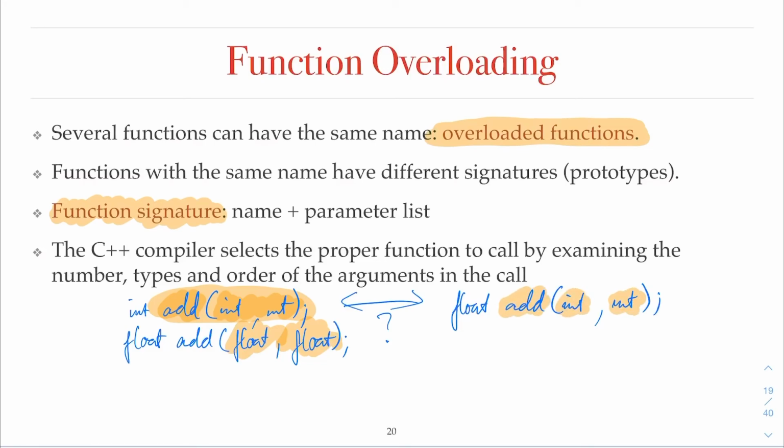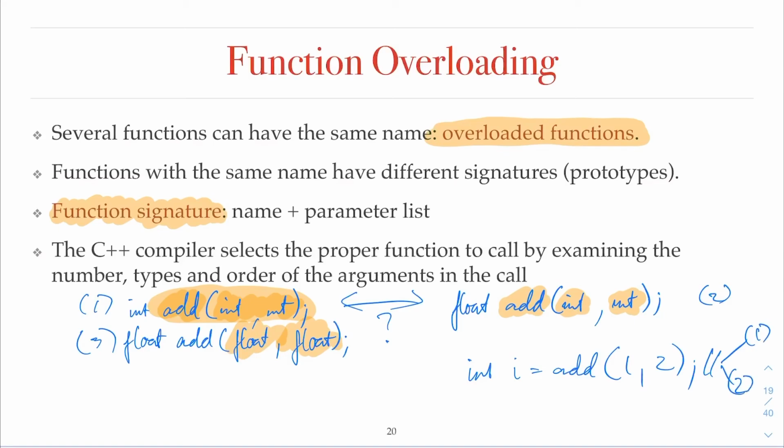So I don't know which one to call. Let's say I have int i = add(1, 2). Then you may infer that this add is the first one. Let me name them 1, 2, 3. Is it 1 or 2? Well, you don't know.